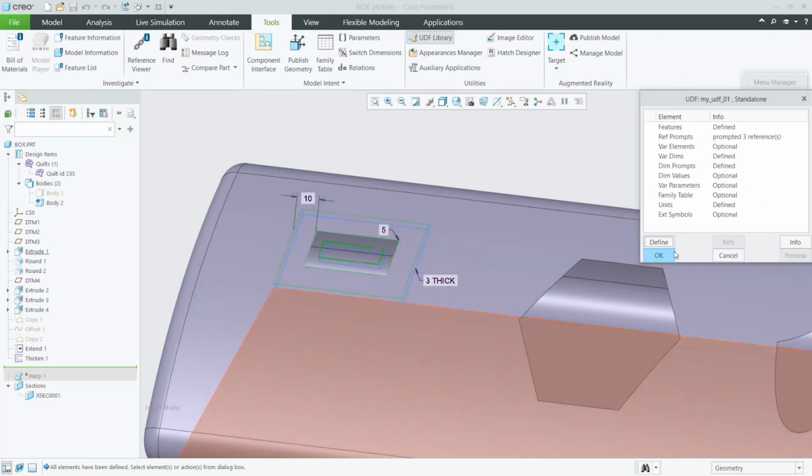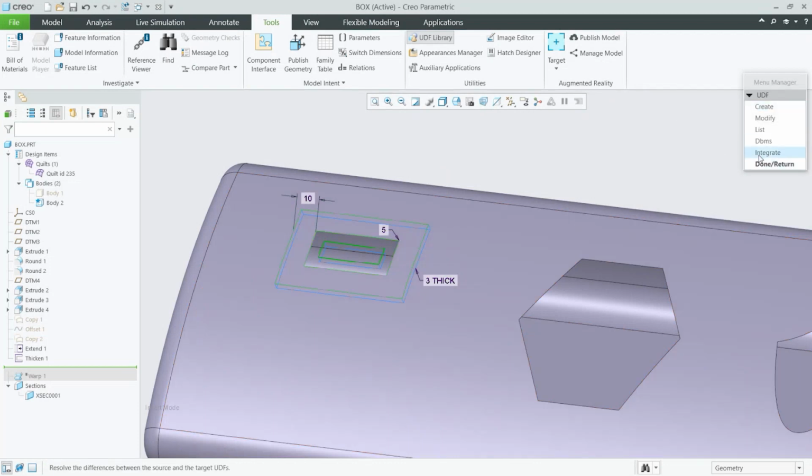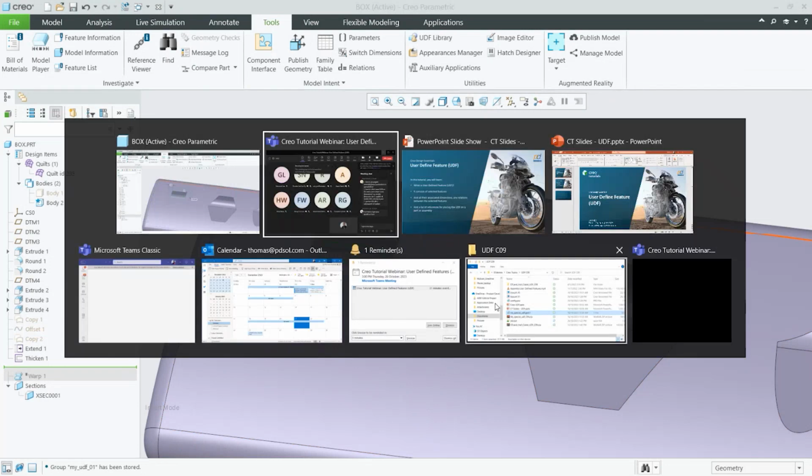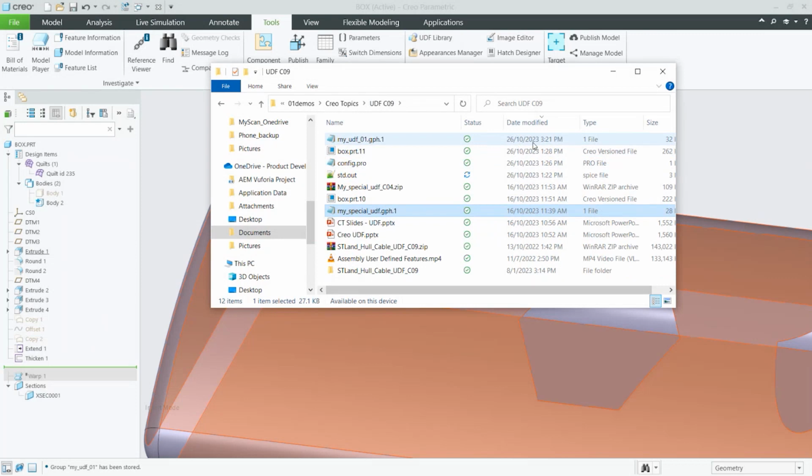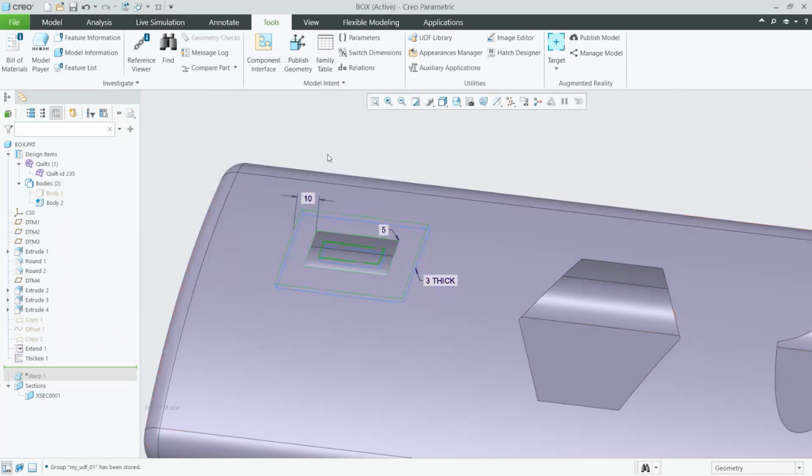Once you complete this, you say okay. So the UDF that you just created has already been written or saved into your current working directory. So I go to my current working directory. I can see, let's check the date, the latest today, right? Now, my UDF 01 has already been written into my current working directory. Theoretically, you can copy this UDF and place it into any folder. You can create a folder just for your UDFs, so all the UDFs you put in that folder. Then when you come back to the model,